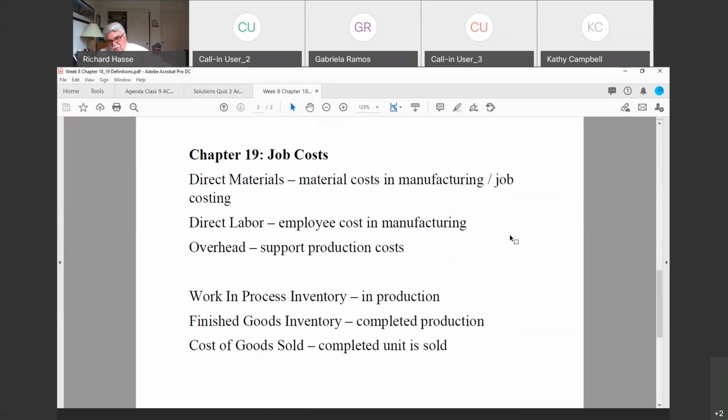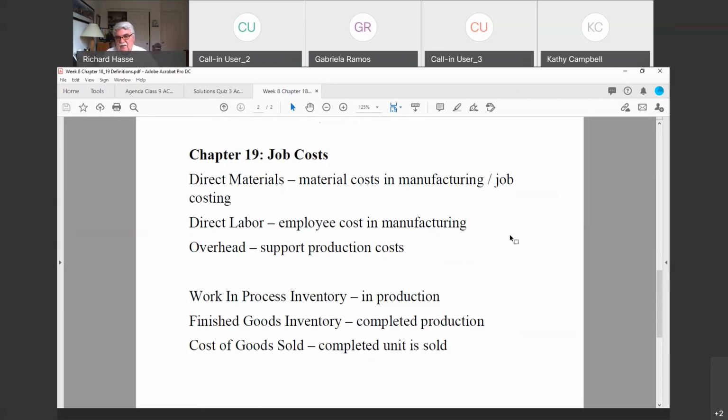Now, if it was manufacturing, like materials, labor, and overhead, they go into the process of keeping track based on 3 different types of cost centers. Work in process inventory, when you move materials, labor, and overhead into production and produce the product. Once you produce the product and it's completed, then it goes into the finished goods inventory, ready to be sold.